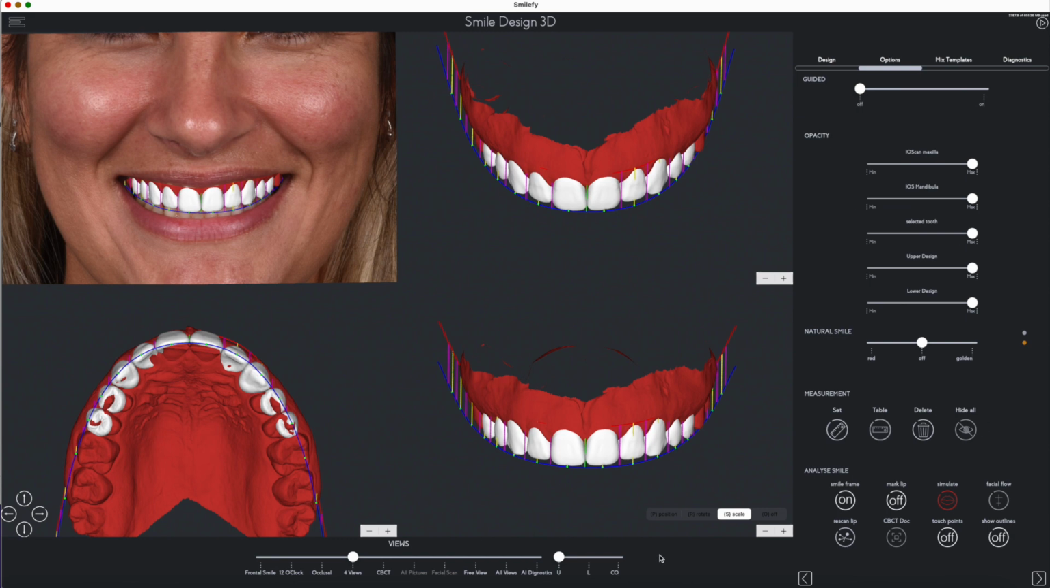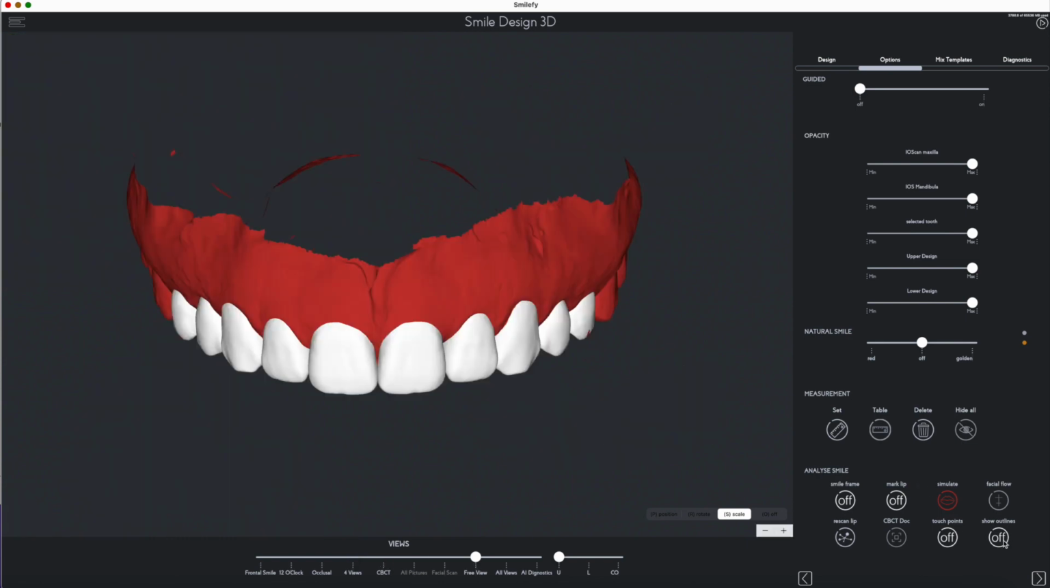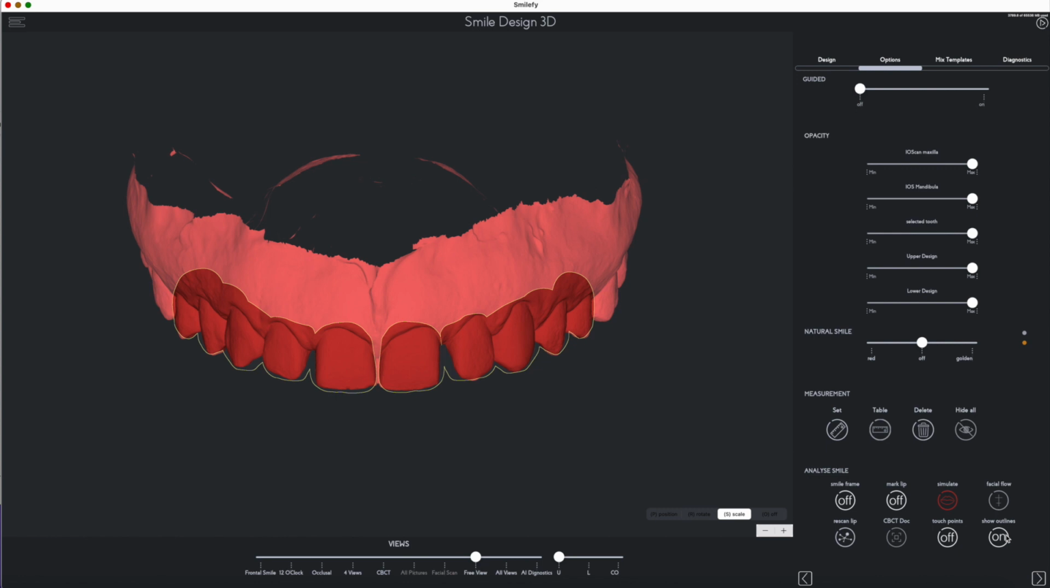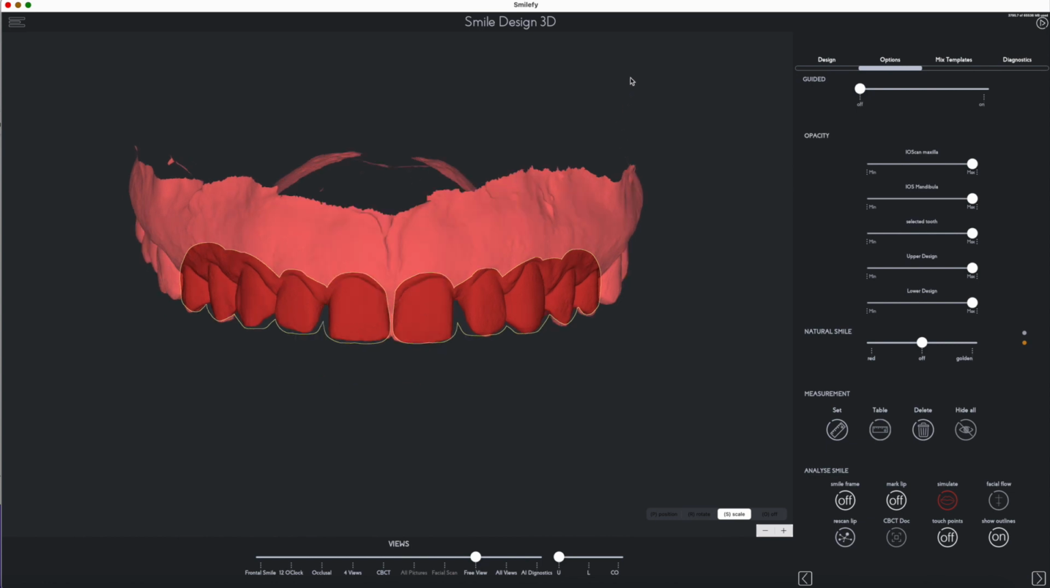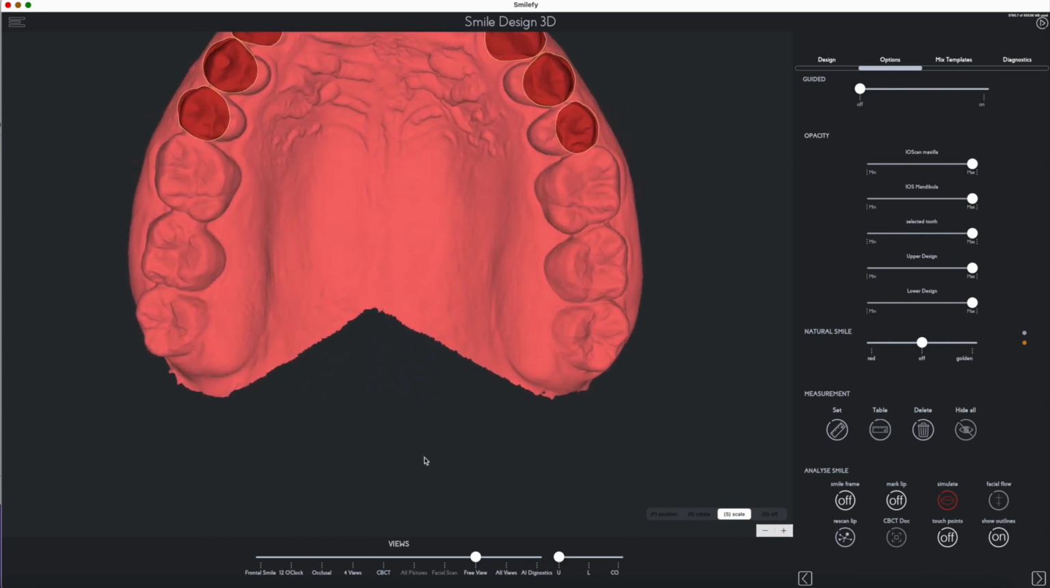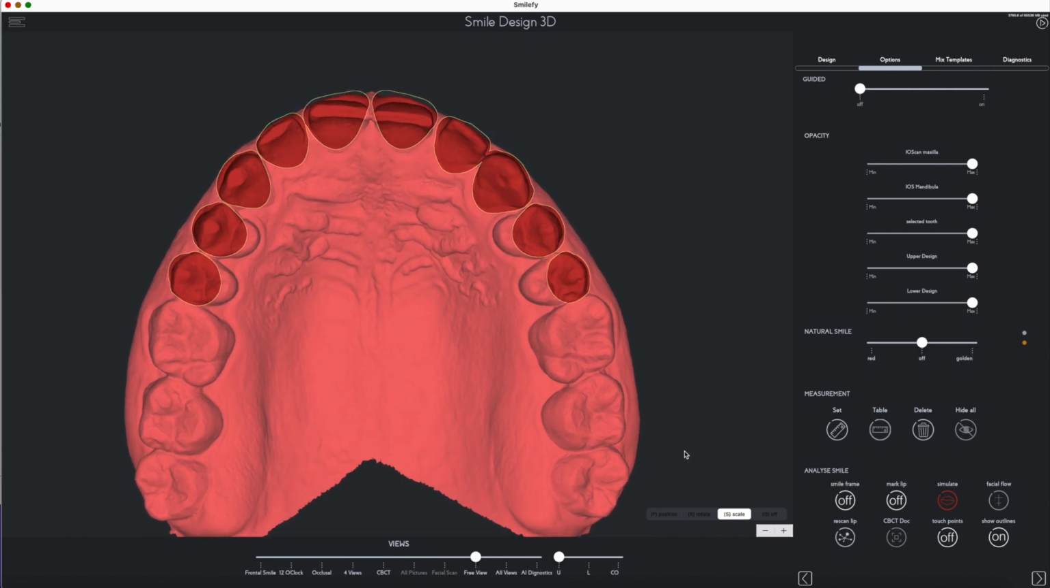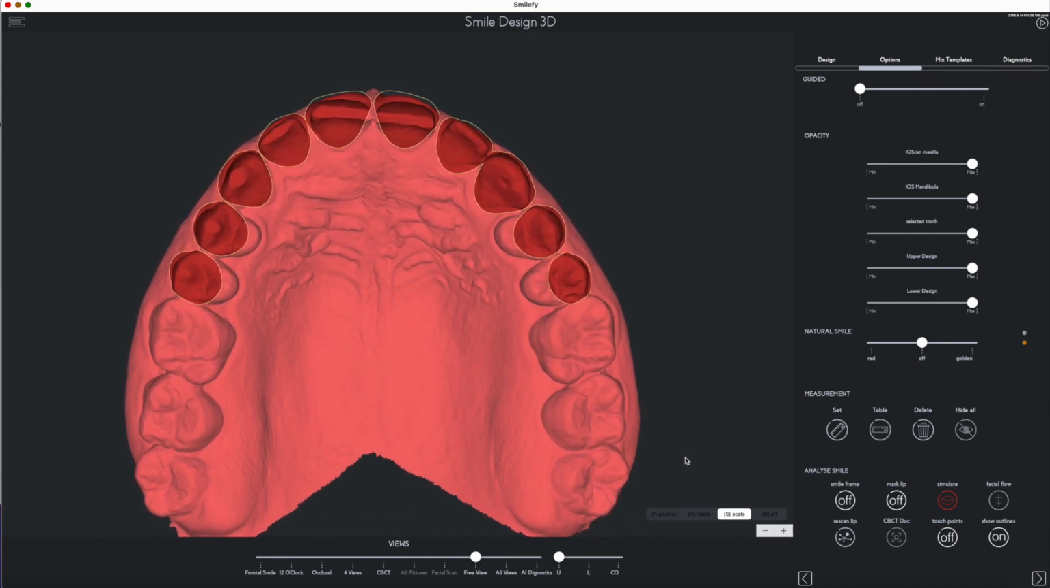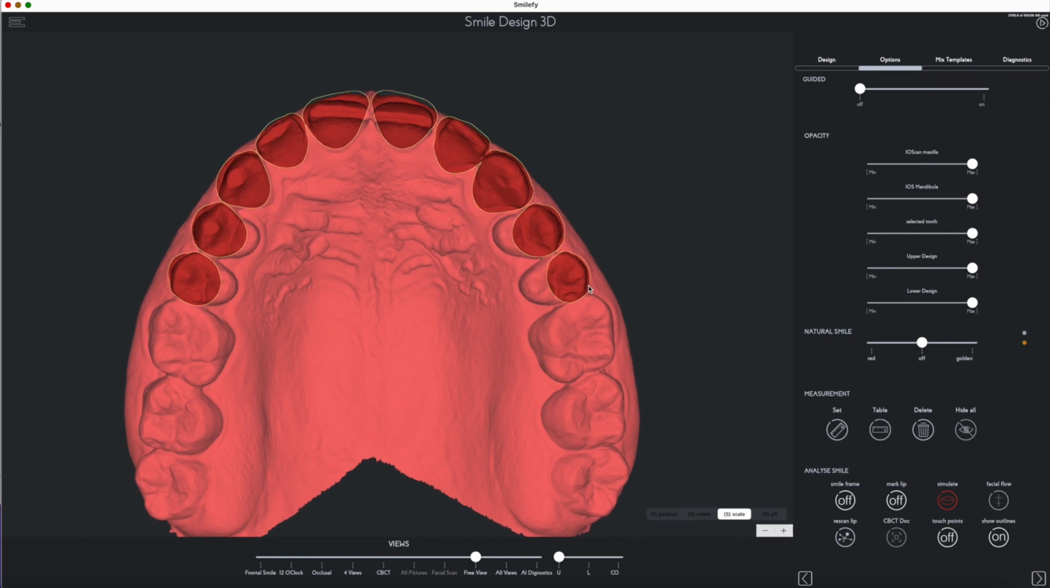Now we have the option screen, and the option screen allows you also to check your design with the outlines. You can change between the full templates and the outlines, and this feature is very powerful in the occlusal view because you can check the distal, the mesial, and the position and the size of your design of your teeth,